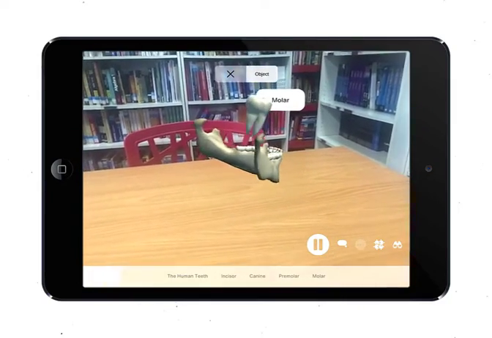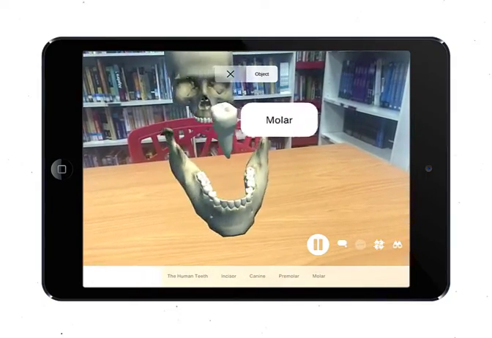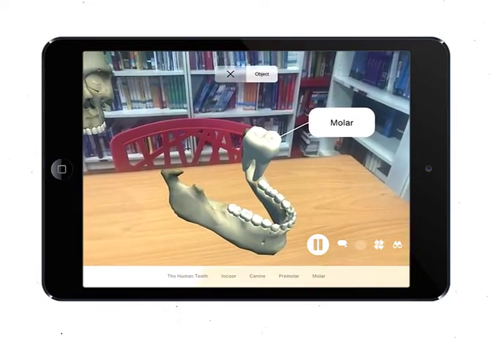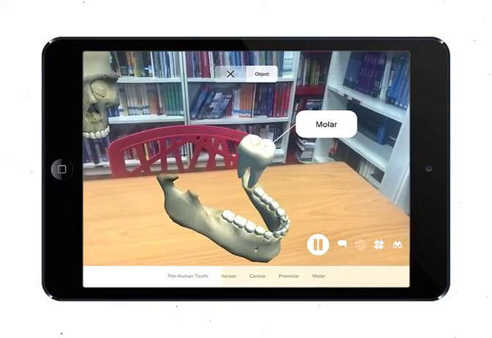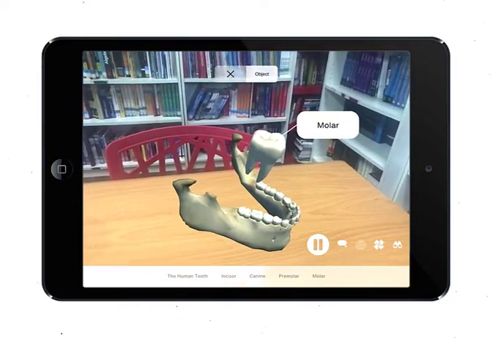Okay, now comes the turn for the last type of teeth, the molar. There are 3 molars in each quarter jaw and they are positioned at the most back of the mouth. And just like premolars, molars are also used for crushing and grinding the food, but instead of 2 cusps on their crown,